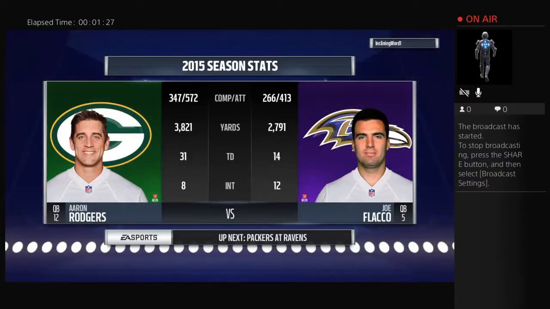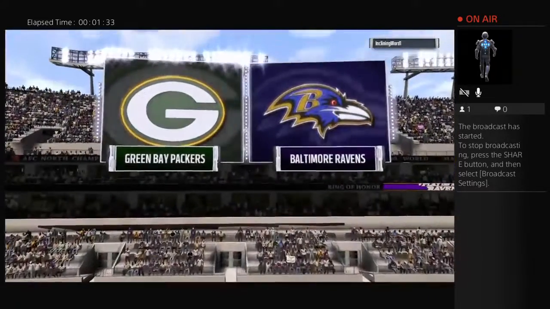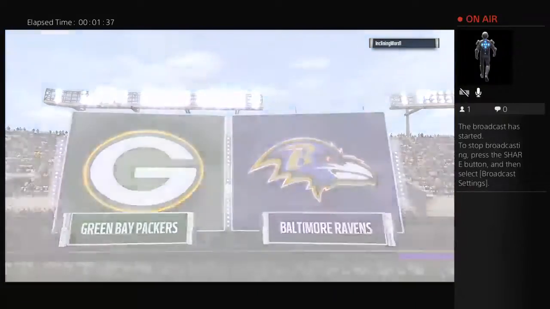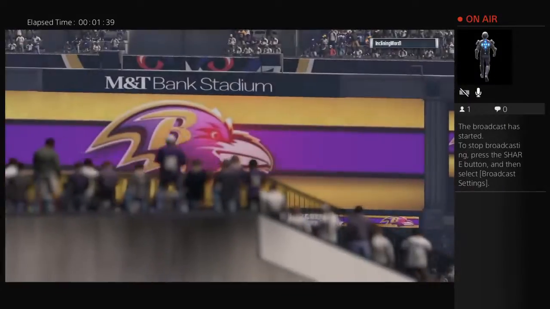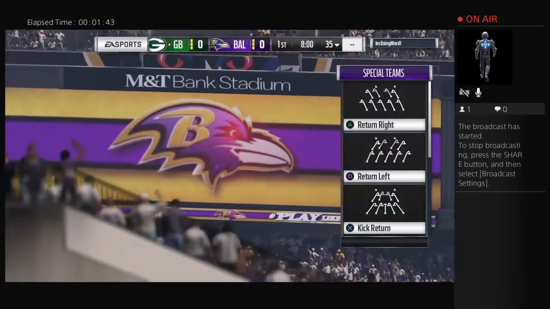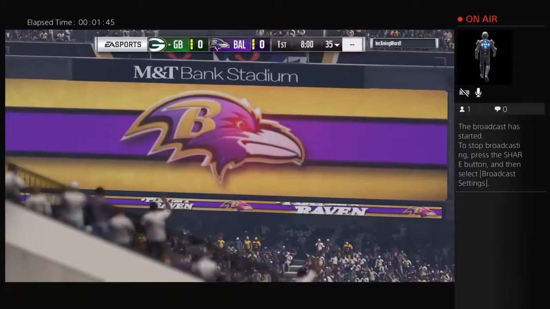I'm Larry Ridley, and this is Madden 17 on EA Sports. Tonight's matchup features two quarterbacks who will be trying to lead their team to victory. It's Rodgers' Packers going up against Flacco's Ravens. With that, let's get you on up to Baltimore as we welcome in our commentary team of Brandon Guyton and